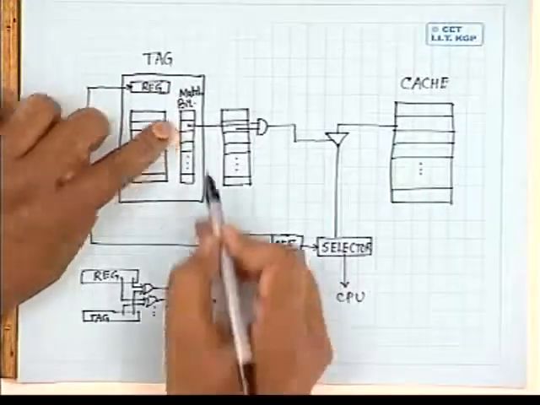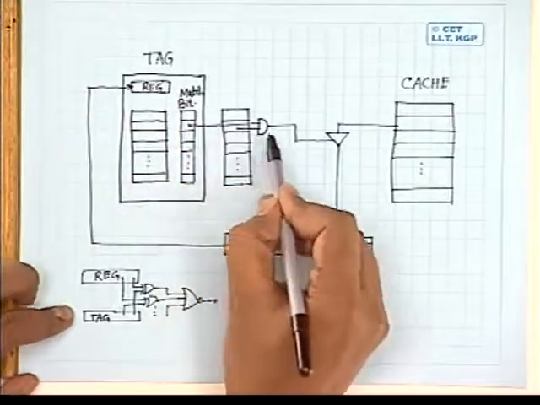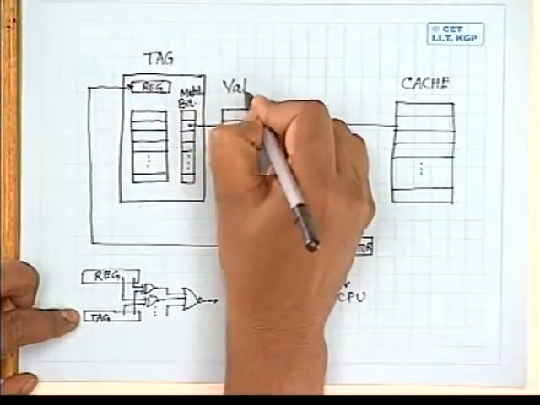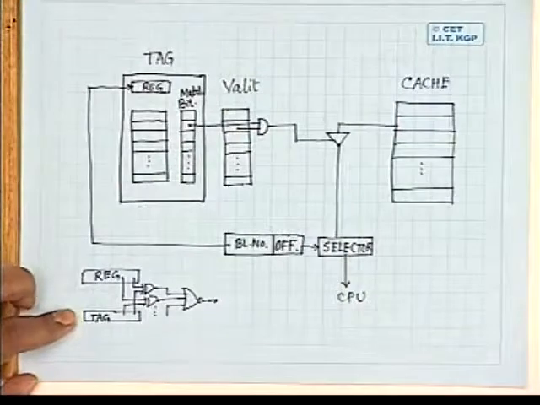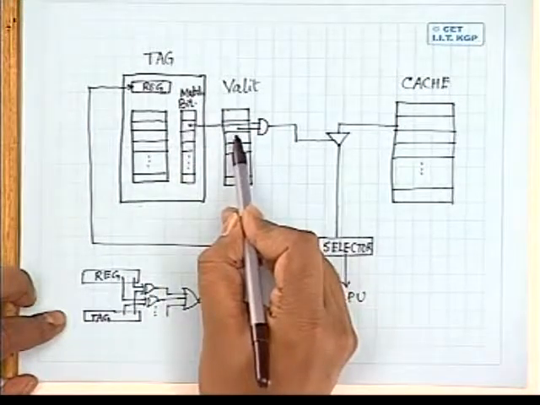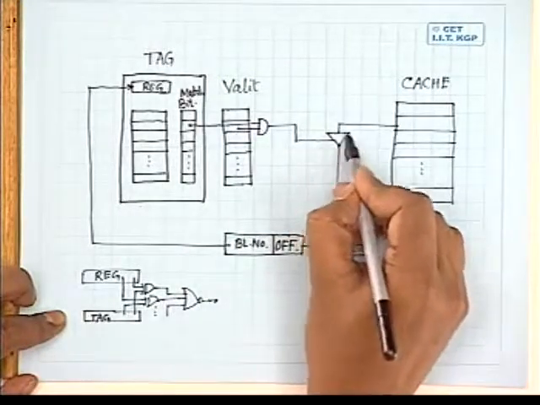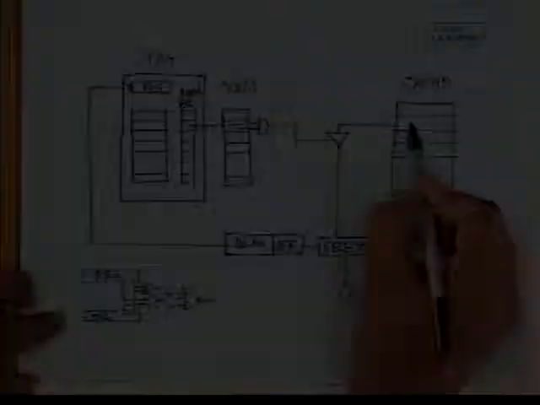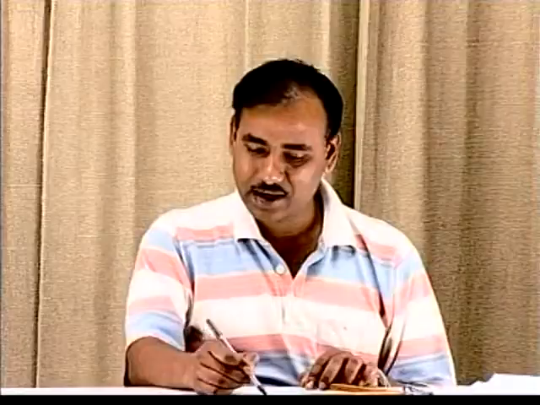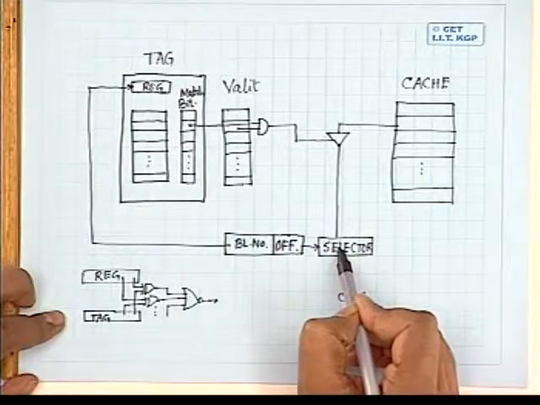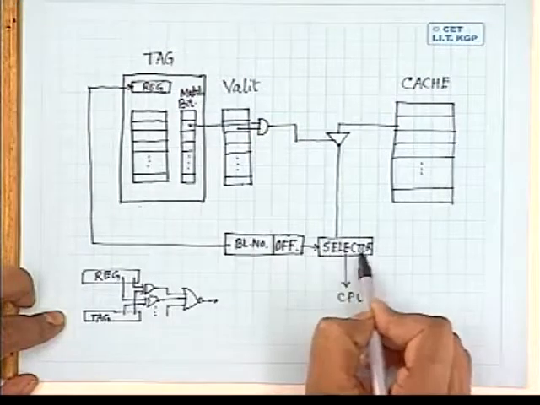This match bit of every gate is ANDed with the corresponding valid bit. So this is the valid bit. Only when the match bit is 1 and the valid bit is also 1, this buffer is active. When the buffer is active, the corresponding location of the cache block, this is an entire block, is fed to a selector. And from the selector,